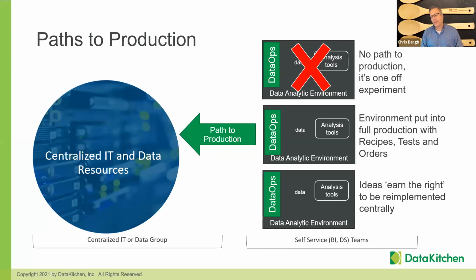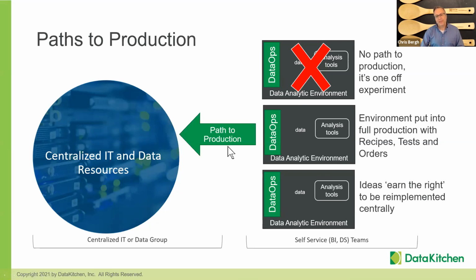And then there's a third case where it should be in production, but maybe it's only useful to that team, and you want to wrap their Tableau workbook, their Alteryx workbook, their Python code in a nice DataOps blanket with tests and deployment so that they can make it work. And I think all three of these, thinking pretty clearly about how your self-service users are going to get to production, is important. A lot of organizations are setting up data enablement teams or thinking about how the hub and spoke works and how the work in the spoke gets into some form of production. I think it is an important task for teams to work on.